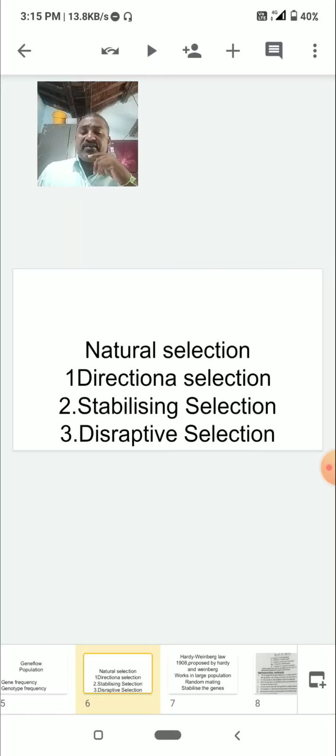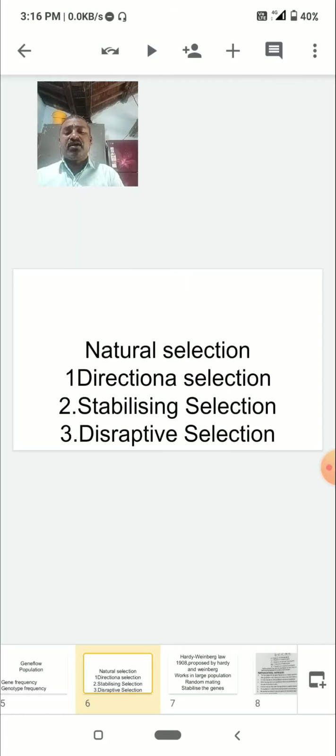So in England, the weights of babies in a large sample were taken. It was found that there was greater mortality in babies when the weight was greater or lesser than the average weight, that is 8 pounds. So here the stabilization of the population, the stabilization of the species, takes place. In stabilizing selection, there is no evolution, but the population or species is stabilized. It removes the deleterious genotype from the population, for which reproductive success is 0.